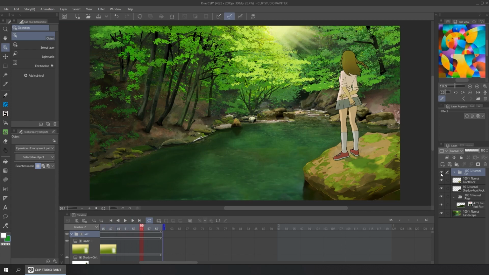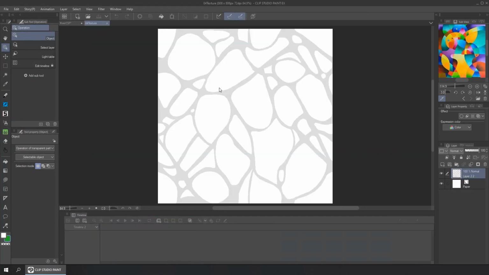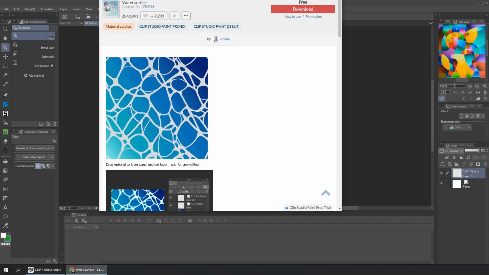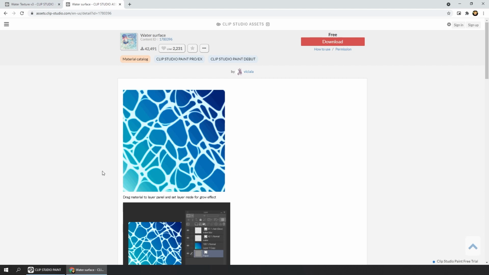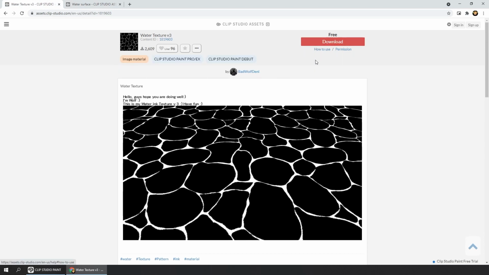So, to create the illusion of this river flowing, we need specular lighting. So, in animation, there is a texture used to create this effect. This is an example of the kind of texture I'm talking about. You can create it yourself or use one from the asset store. There are free options like this one, for example, or this other one that looks quite nice. So you can simply download these textures and use it directly.